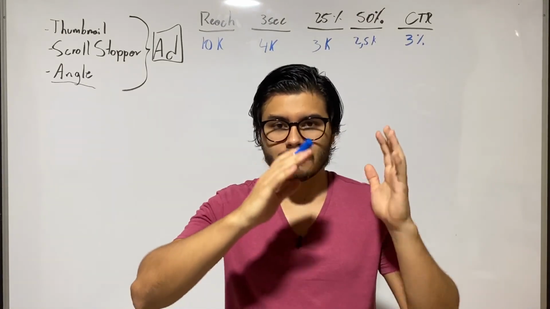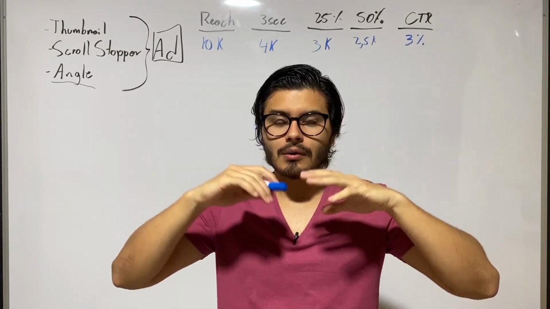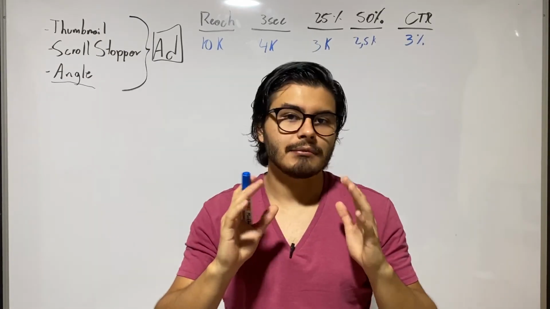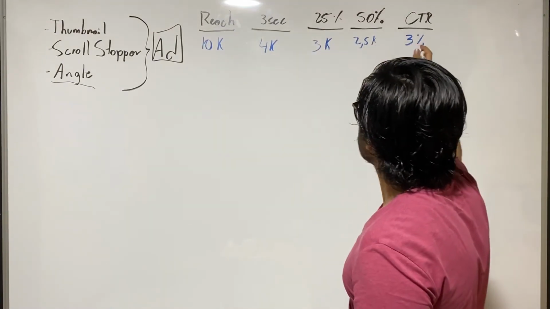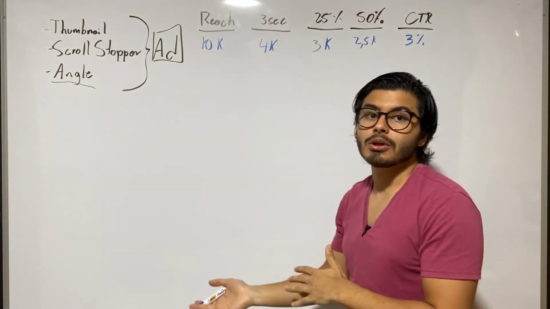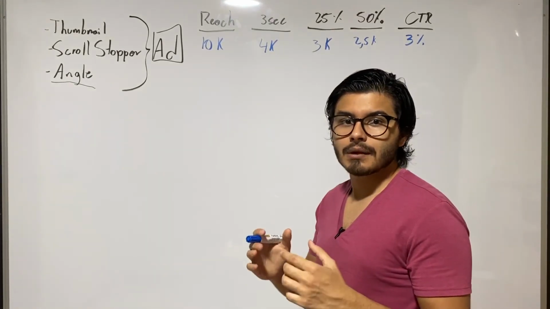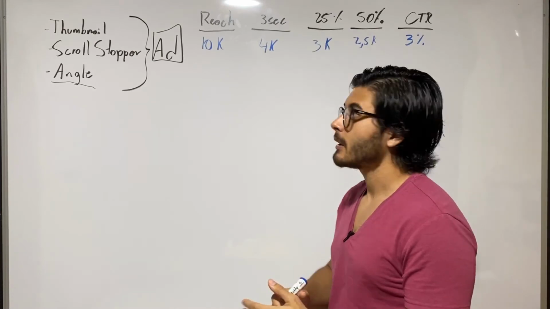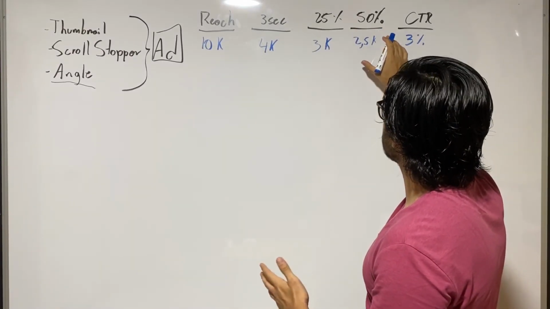You first go and create an ad. You start running that ad, and when you have enough data, then you start finding why the ad is working or why it is not working, and you start finding the solution for the problem. Oh, not enough people are getting until the